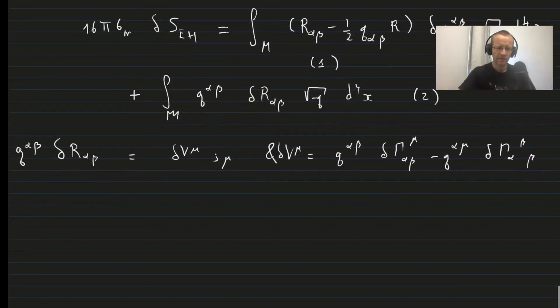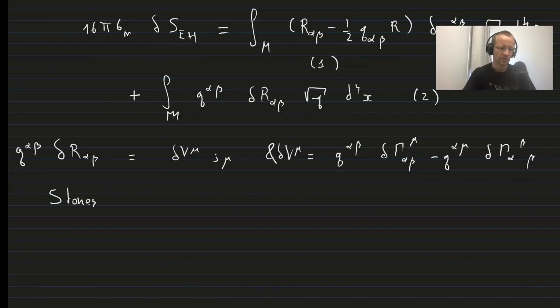But anyway, since it is a total covariant derivative, one can apply Stokes' theorem. It says, in the form that we needed, that the integral over the manifold of this total derivative, more generally any total derivative,